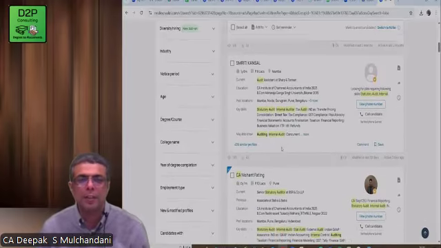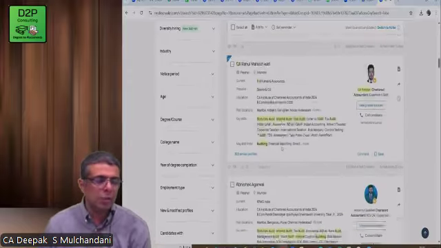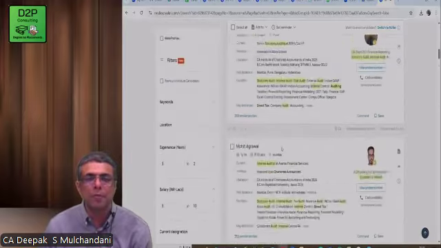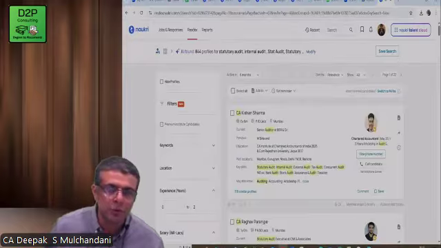Then I can further filter it down, without seeing the CV. So please understand the importance of uploading your profile, and profile details properly done in Naukri makes a big difference to you.